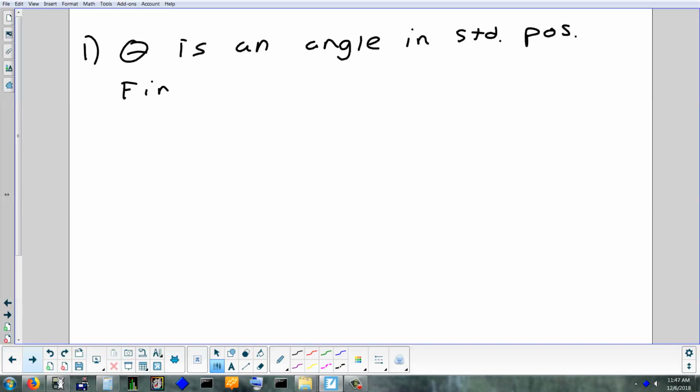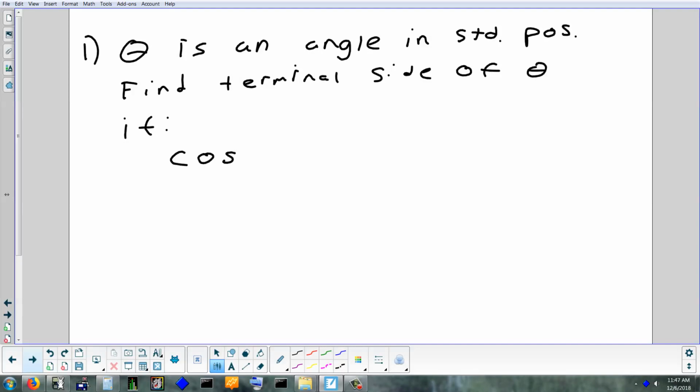Find the terminal side of theta. If, and now I'm going to tell you something. I'm not just going to say the angle is like 100 degrees and then figure out where the terminal side would be. I'm going to say something like